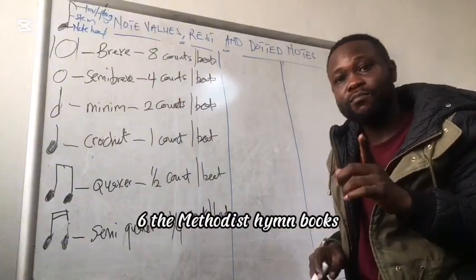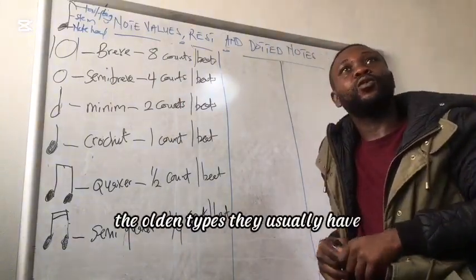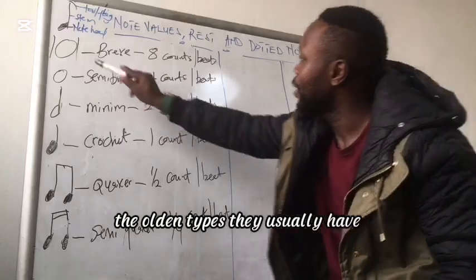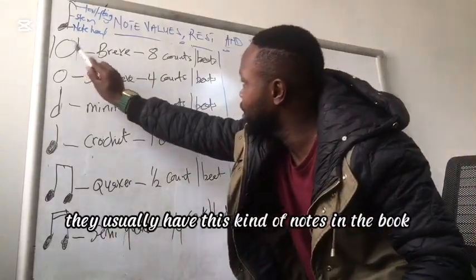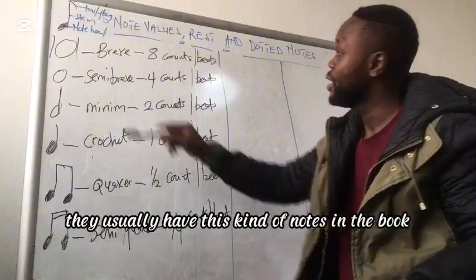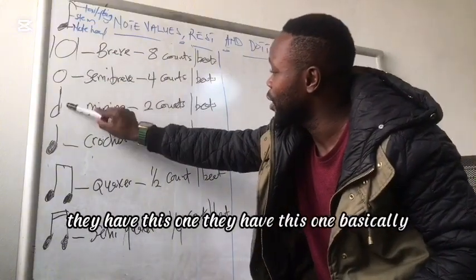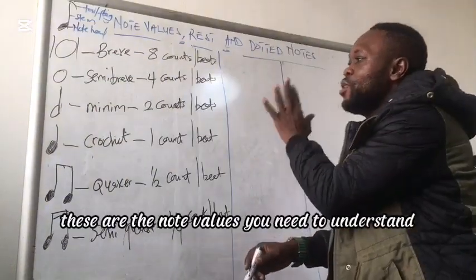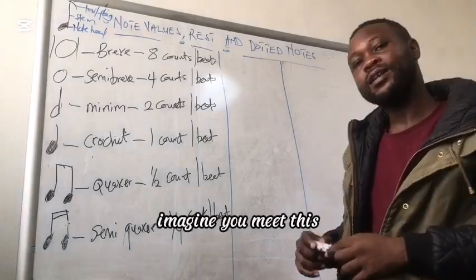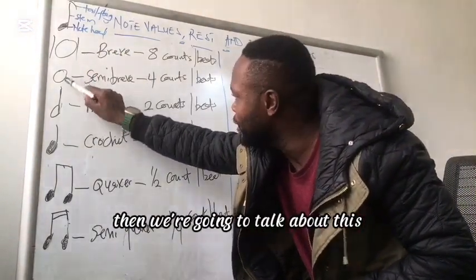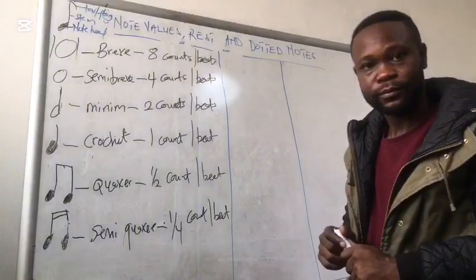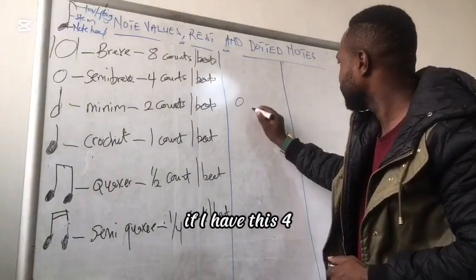The Methodist hymn books, the old types, and the Roman chants usually have these kinds of notes in the book. Basically, these are the note values you need to understand. Imagine you meet this, so we are going to talk about this one, and this. If I have this,